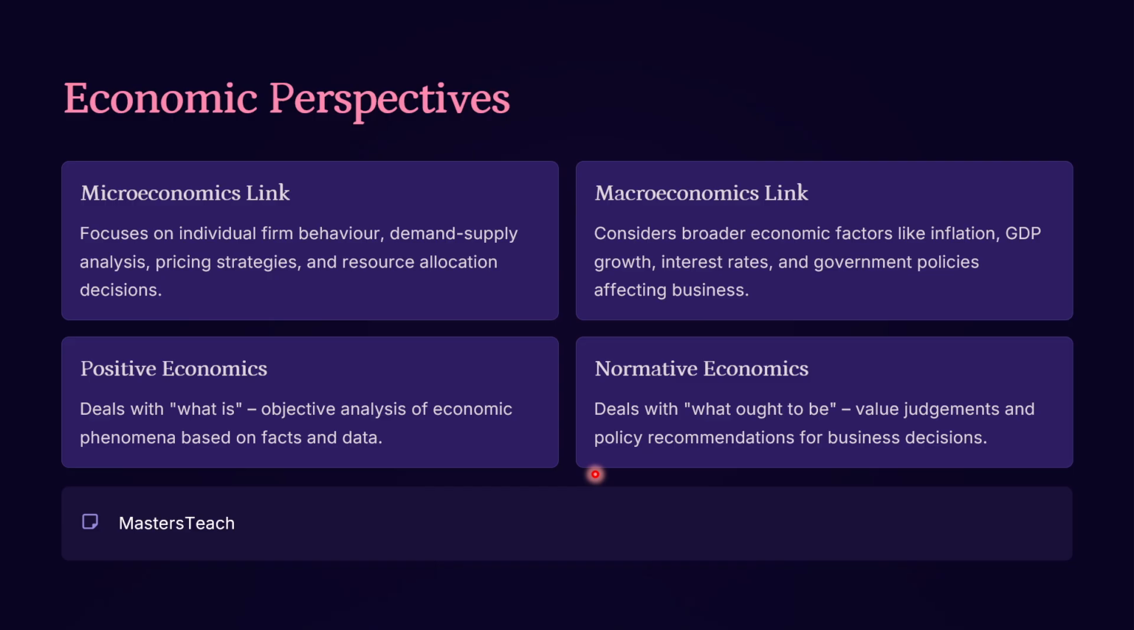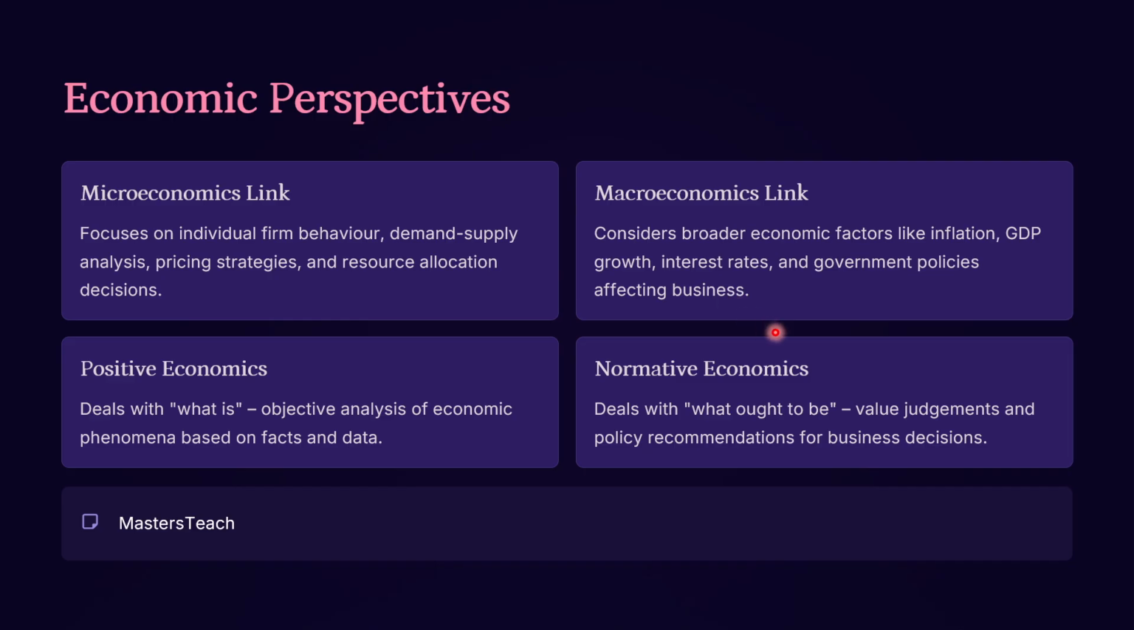In the question, if they ask what the economic perspectives are, you have to mention microeconomics first. It focuses on individual firms and behavior, and it covers demand and supply analysis, pricing strategies, and resource allocation decisions. The second one, macroeconomics, considers the broader economic factors like inflation, GDP growth, interest rates, and government policies